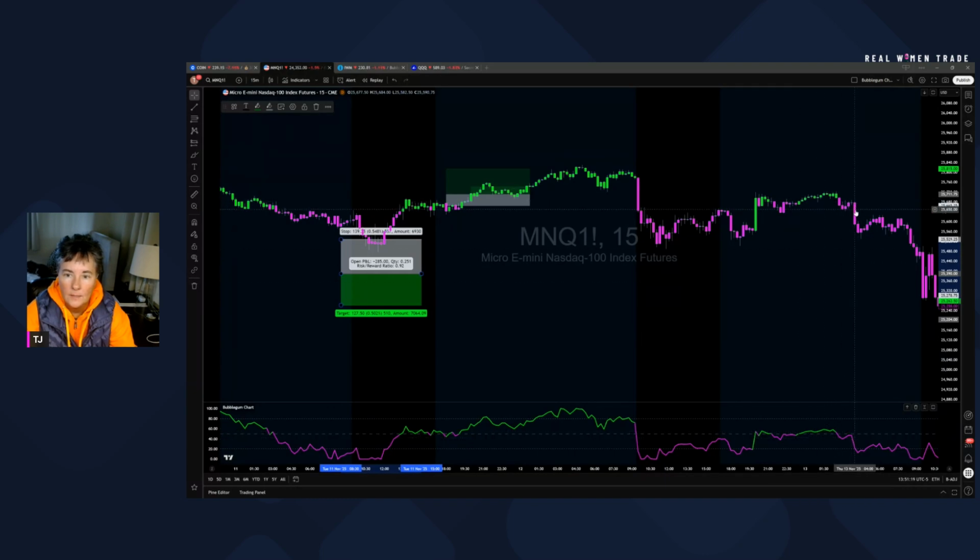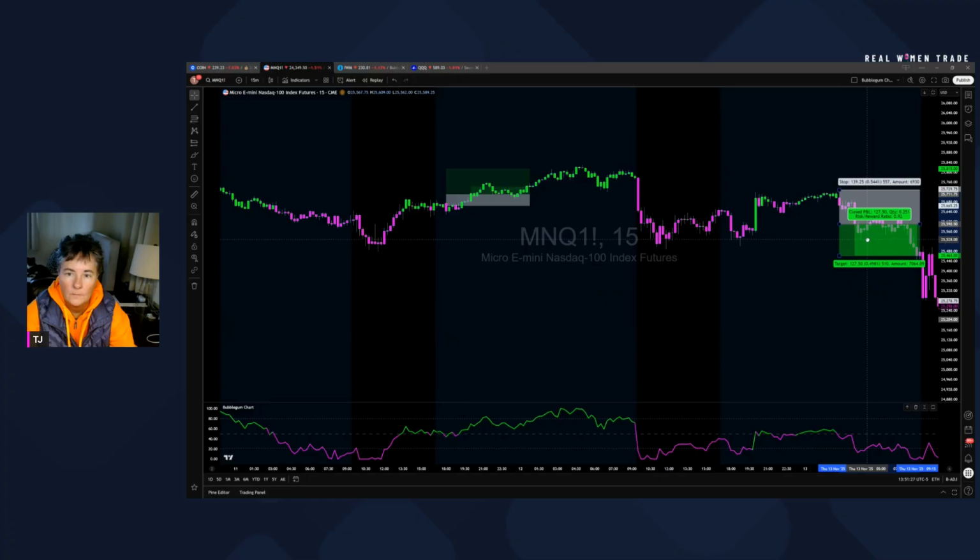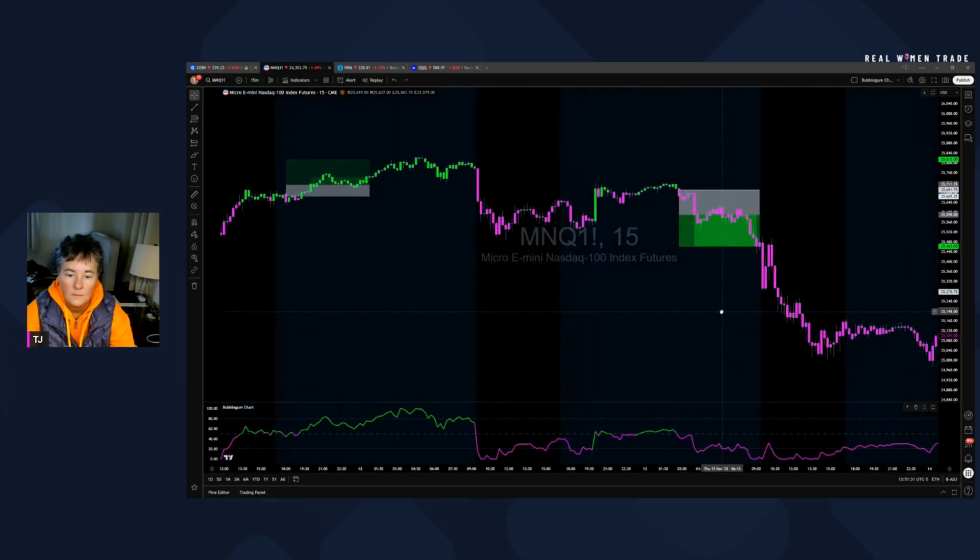So on this candle, we can see the BubbleFlow is breaking down to the 20. So I would have taken that short. And you can see the BubbleFlow is just hovering down, usually below the 20. So you could have taken profits anywhere along the way or continue to lower at least by 2 to 1,